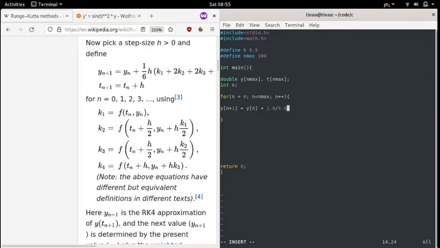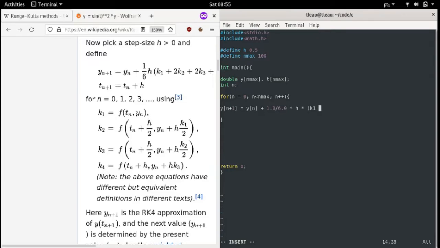I'm going to put the 0.0 here because this could give you a lot of heartache in C because of the conflict between types of variables. Times h, which is the time step that we're using for increasing t in this case, times